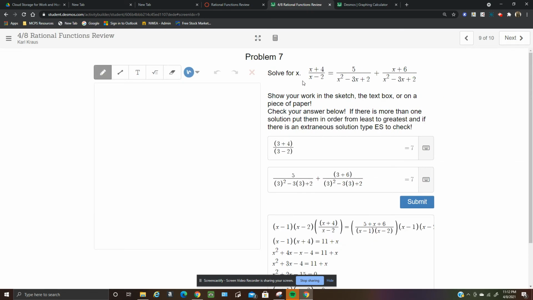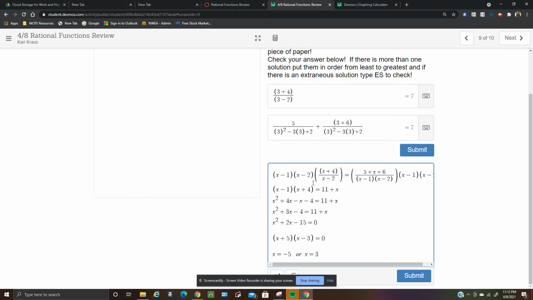And then number 7, or problem 7, or slide 9, you want to factor the denominator again here. Since both of these are the same, I can add the numerators together. So I just did 5 plus x plus 6 here, and then multiplied by the LCD, x minus 1 times x minus 2,